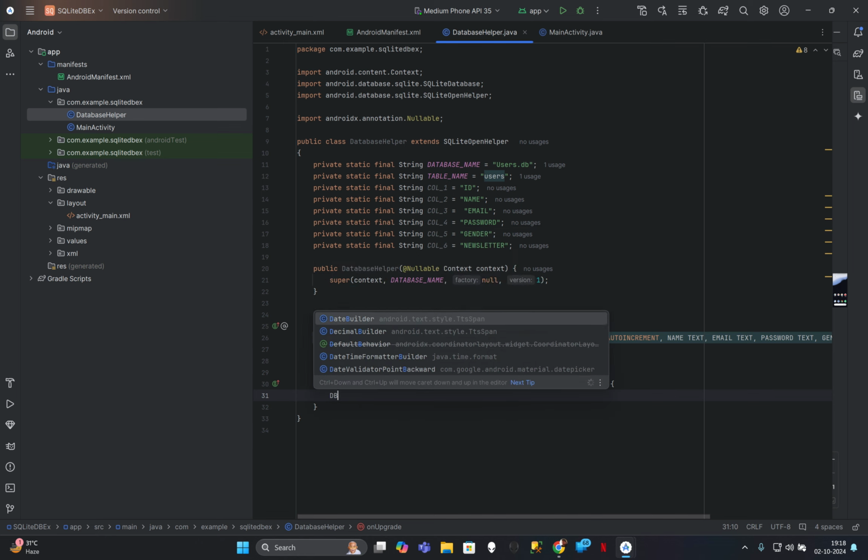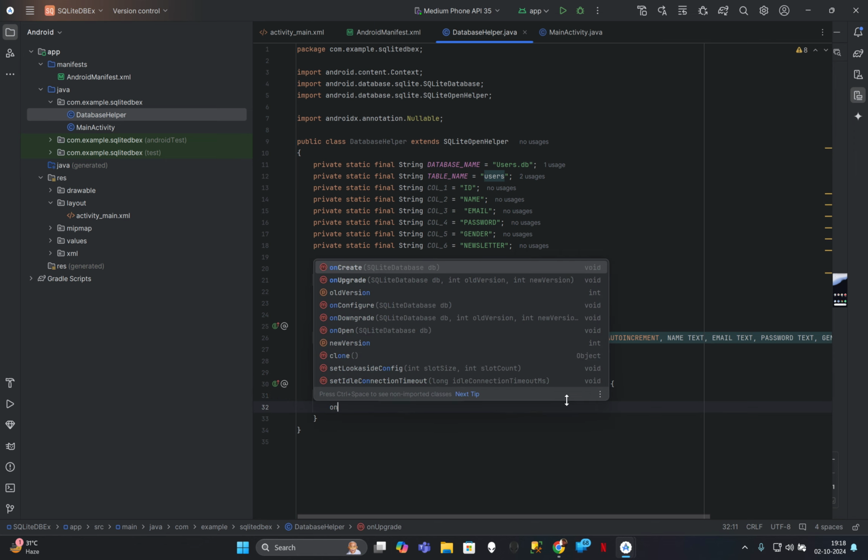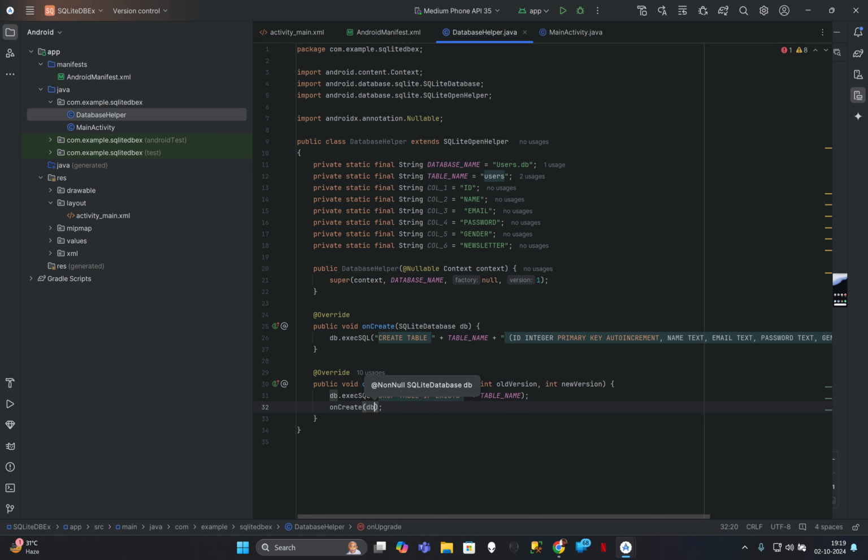So I'm coming over here. How do we write this? It will be this way: db.execSQL, drop table if exists, and plus you need to give the table name. We are getting the table name from the variable that we have created, with a space in between. So drop the existing table and then call the onCreate method. Inside this, we have to pass the db. So we are done with our